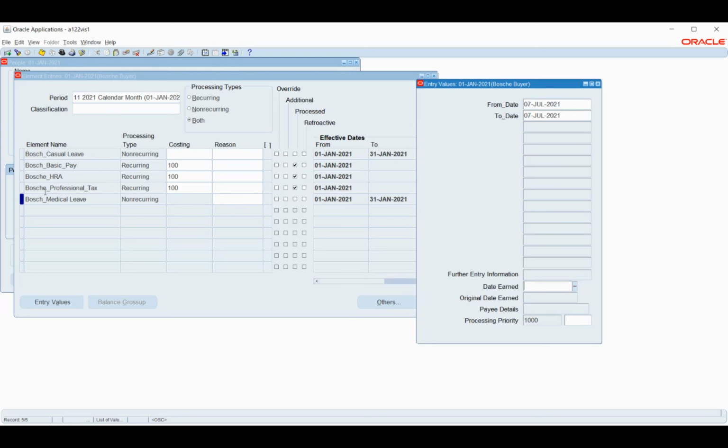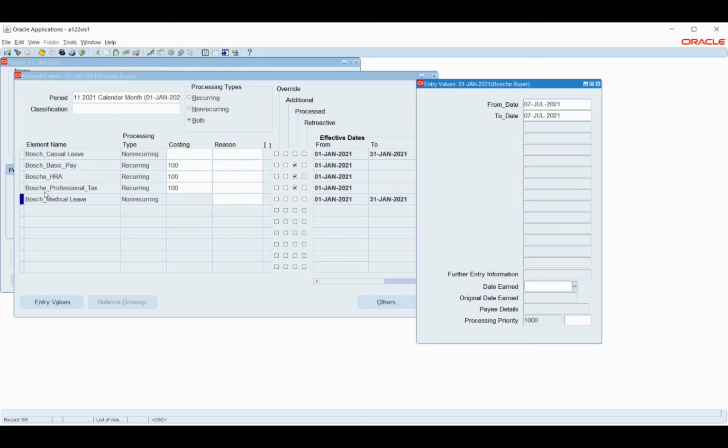After configuration, this will allow this particular employee to create the leave request, and this leave will be triggered for approval. Once the manager approves this leave, this will probably create a new element in this particular period. So let's say now I'm applying leave for the month of July. Now the month has reached its end, and now we are on 31st of July.